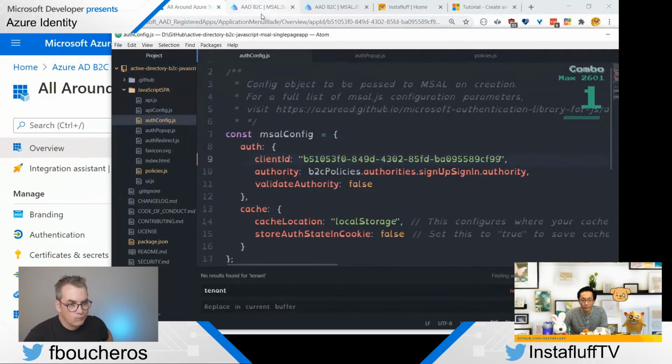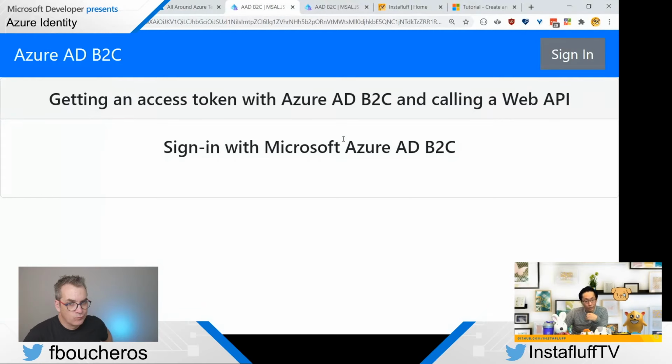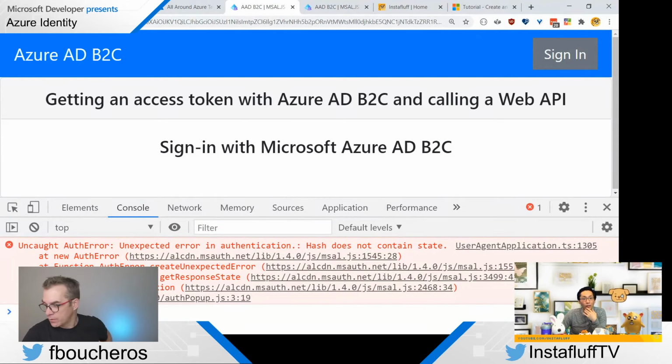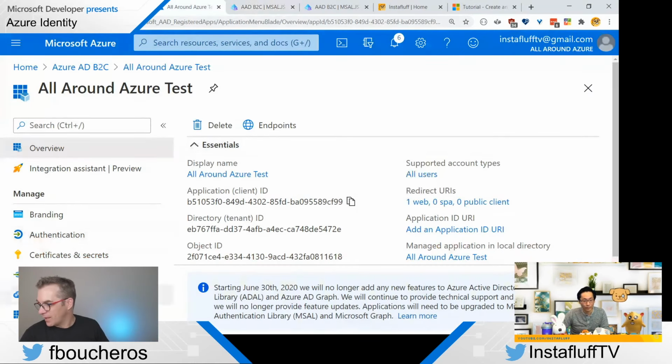I wonder. Okay, here's what the console says. Yeah, it still says hash does not contain state. There's something about the hash. Do you want to try in incognito, just in case? Oh yeah, let's try it. It's always good when you play with the login thing.